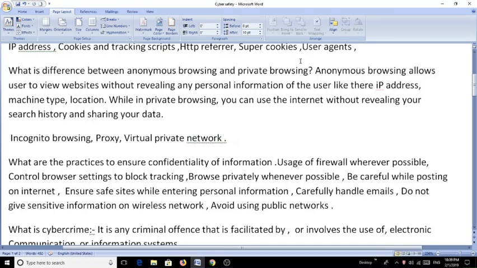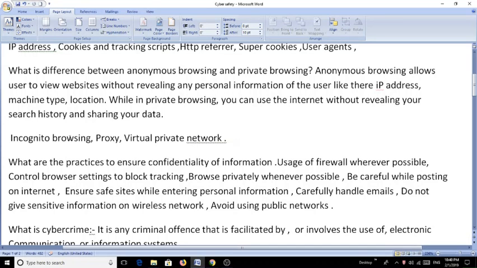Next is user agents. What are these user agents? Your browser also sends a user agent every time you connect to a website. This tells the website your browser and operating system, providing another piece of data that can be stored and used to target ads. All the above things leak your identity information to websites, and it may be used against you. A solution to this is private browsing and anonymous browsing. Let us learn what this type of browsing is.